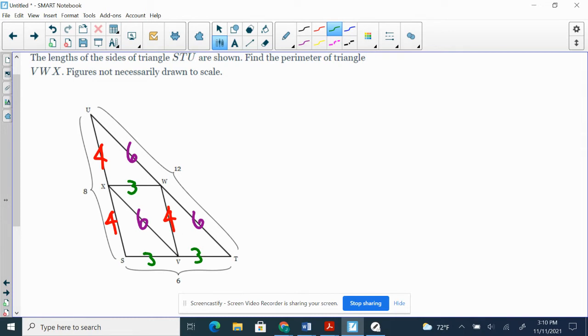It is asking for the perimeter of triangle VWX. So VWX, I'm doing the perimeter of this, which would be 3 plus 4 plus 6, which gives us 13. Another idea is if you're thinking about mid-segments, these triangles are just scales of each other. And if all 4 of those are the same, I know that if this side length is half of this side length, and this side length's proportion is half of this side length, and all the way around,